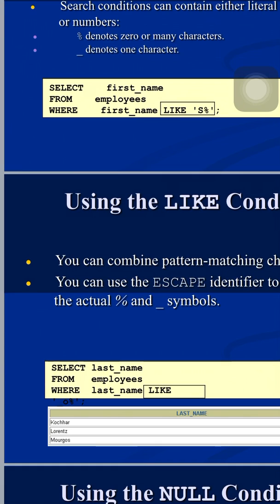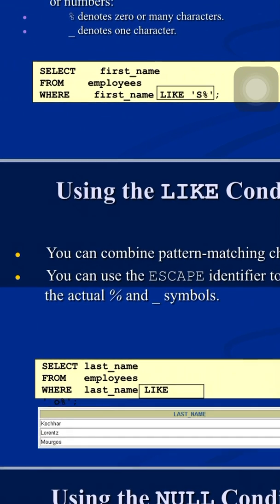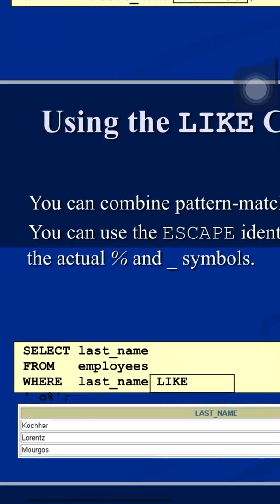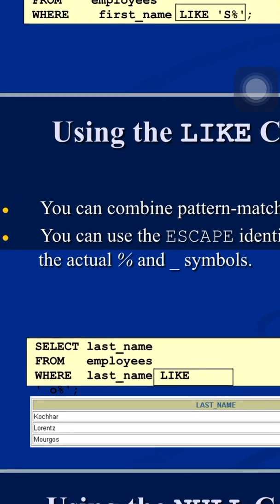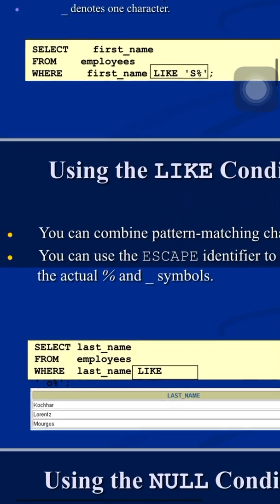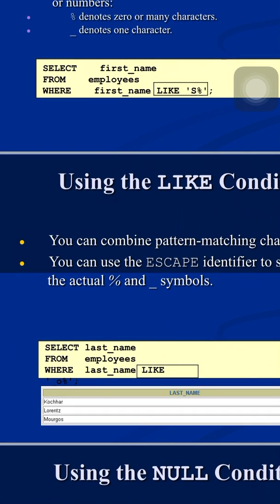By mistake this underscore is looking into the next line in black color in this presentation. The first is underscore, then there is O, and then there is percentage. So underscore indicates one character. It can be any character. So we have K, L, M in the data. Second character is O, and after that we can have 0 to many characters in the form of percentage. So this is how we can make use of these two symbols to perform any kind of wildcard search while